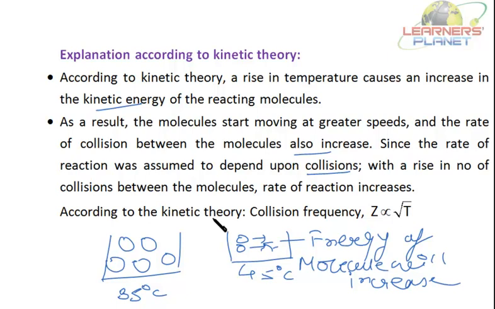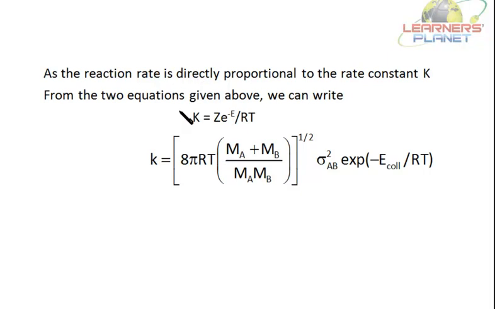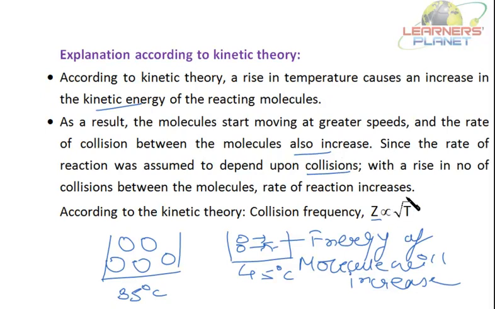So according to kinetic theory, collision frequency, that is Z, is proportional to temperature. We have deduced that expression. Shall I go back to it? In this case, the rate constant will increase when the temperature increases. See, the negative term is there. So the reaction rate will increase when the temperature increases. That is, the collision frequency we can say is directly proportional to the temperature. The more the reaction rate, the more the collision frequency, and the faster the reaction proceeds. That is, Z is proportional to the square root of T.